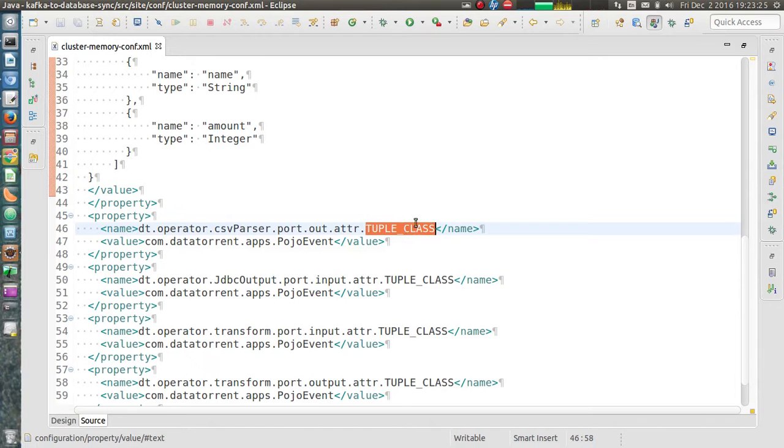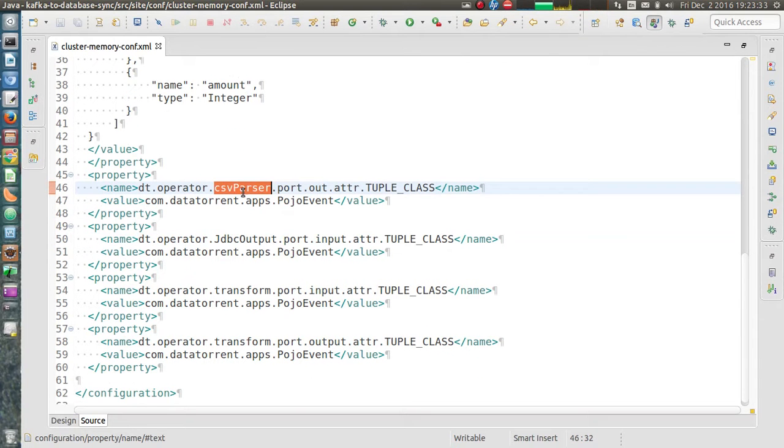Next important property is tuple class, which is actually an attribute over the port for this particular operator. And if you observe, this tuple class attribute is required for all the operators which work on the Java object or POJO.